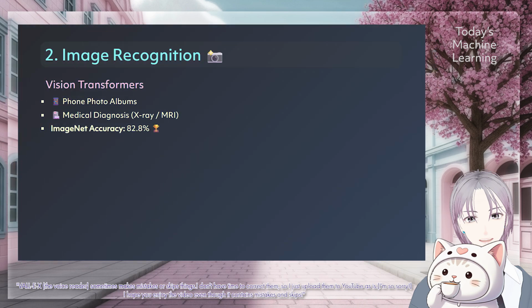So, you get better movie suggestions and cooler toy recommendations. Second, let's look at image recognition. This is used in so many places. For example, automatic photo classification on your phone. When you search for dog in your photo album, and it finds all the pictures of your puppy. Or think about medical image diagnosis support. Doctors use AI to look at x-rays or MRI scans to find diseases early. The paper shows that Derf works amazingly for vision transformers. It beat the old methods on the ImageNet test, getting 82.8% accuracy. This means the AI is sharper and makes fewer mistakes when looking at pictures.